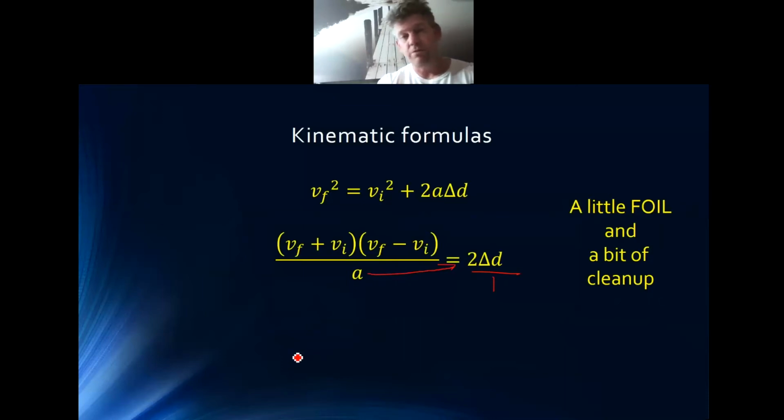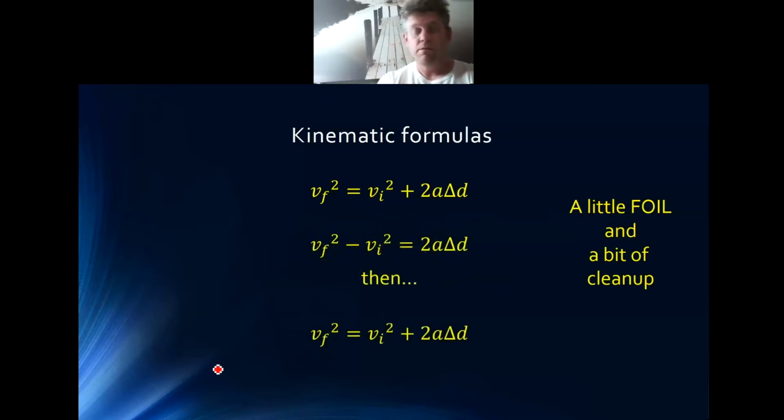Now, if I do some FOIL, first, out, in, last, what I end up seeing is VF squared minus VI squared, because I'm going to have one where I add VF times VI, and one where I subtract VF times VI. All right. So at this point, that looks pretty similar to that. The 2AD looks pretty close. Add over our VI squared, then we're able to find, okay, that's VF squared equals VI squared plus 2A delta